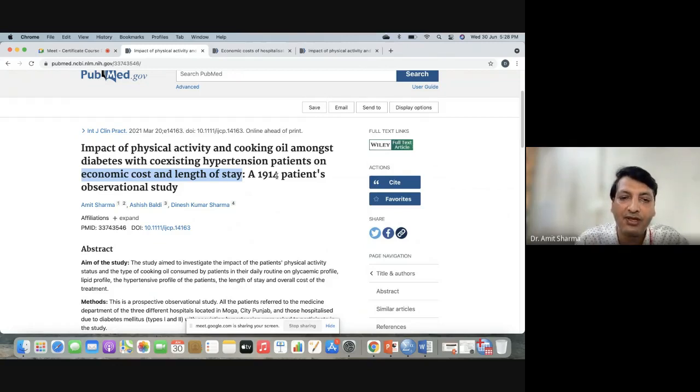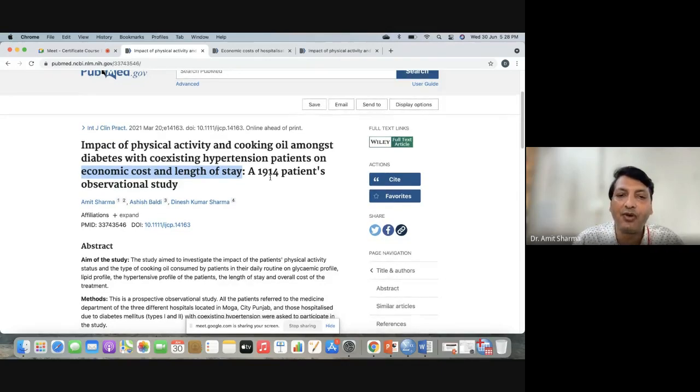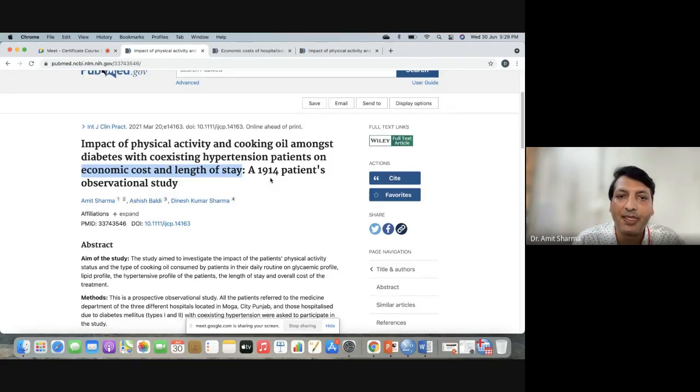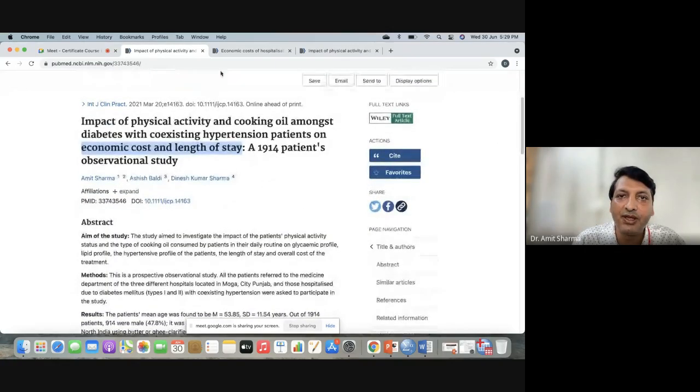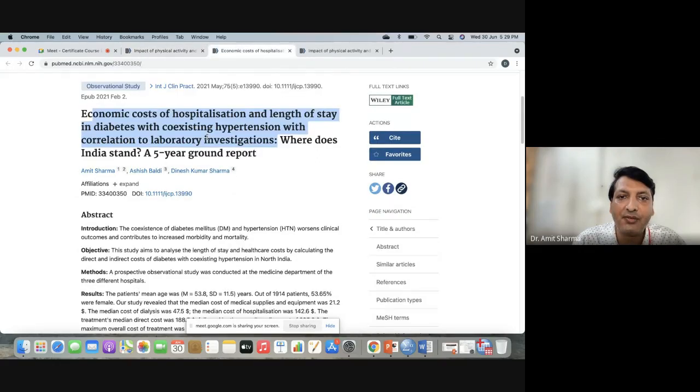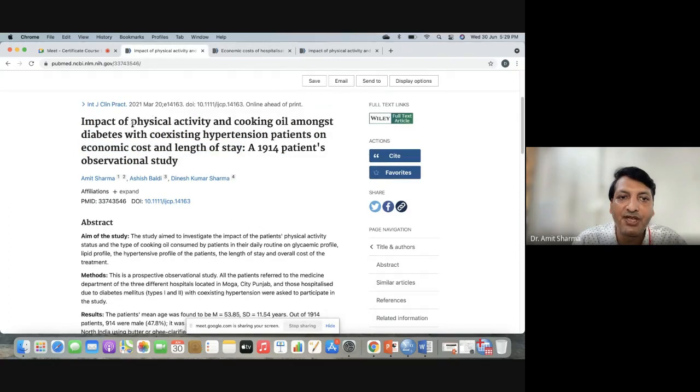So whenever you have 10 or 15 models in your study, it is expected that if we work seriously, we are going to get a number of papers equivalent to the number of models we have in our study. The same data was used for another research paper. The data of economic cost and length of stay which I added in this paper has been added in the other paper, but the variables have been changed. Here I compared with physical activity and cooking oil. Clear? And in the second paper,